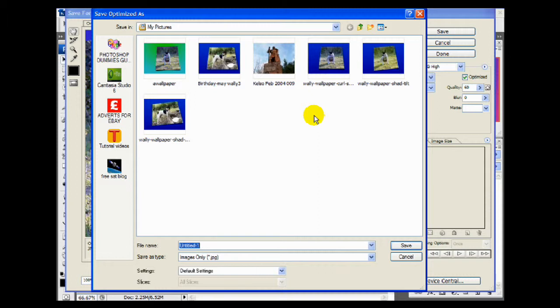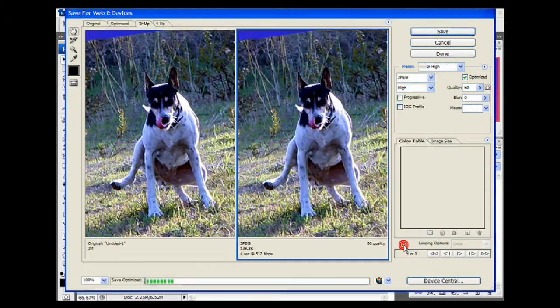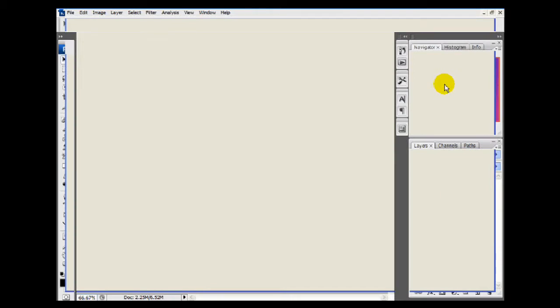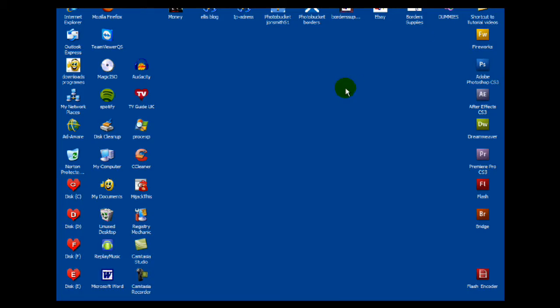Little tip, save it on your computer in My Pictures. So we'll save it in there, give it a title first obviously. We'll just save that. Okay, we'll minimize Photoshop. We'll go back to the desktop, right click,